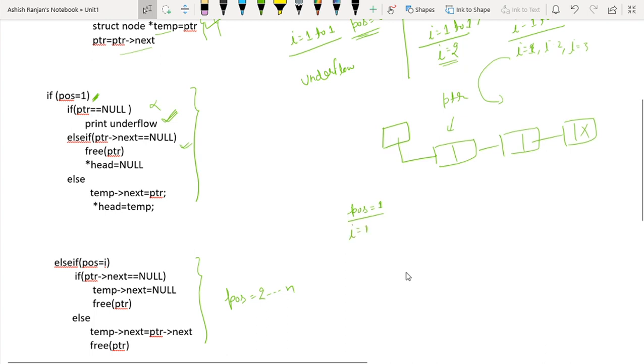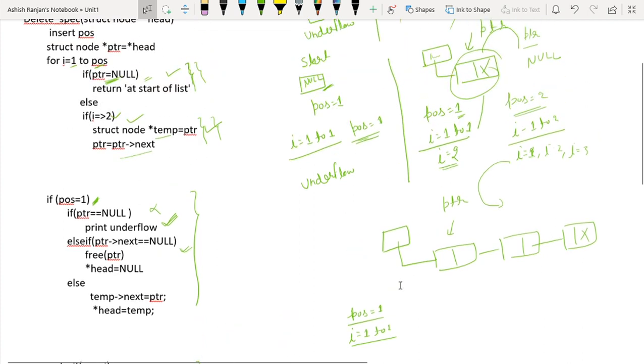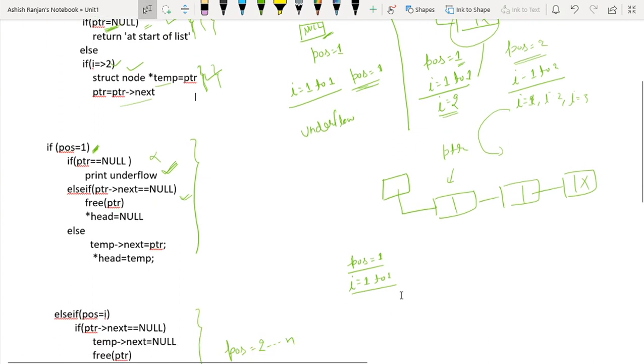I will run from 1 to 1. This if condition, this case 1, will become false. For I equals 1, this will not execute. I will become 2 and will come out of the loop.